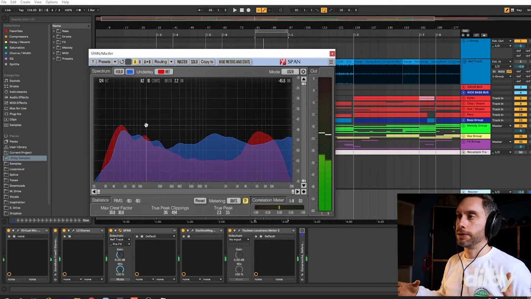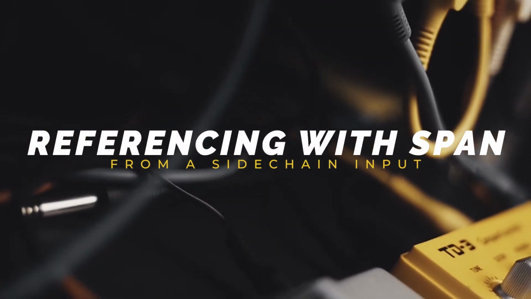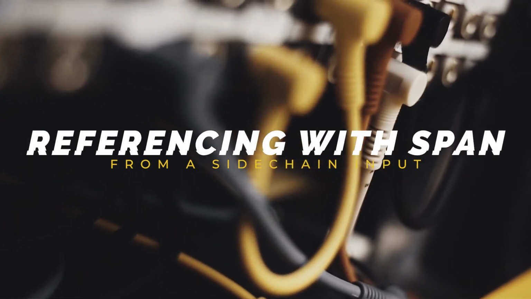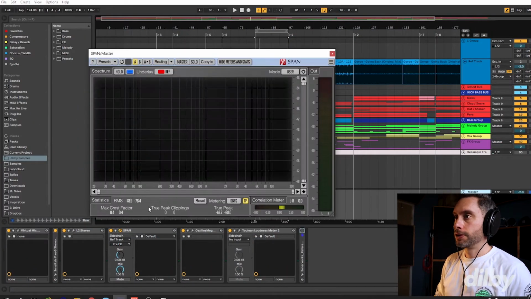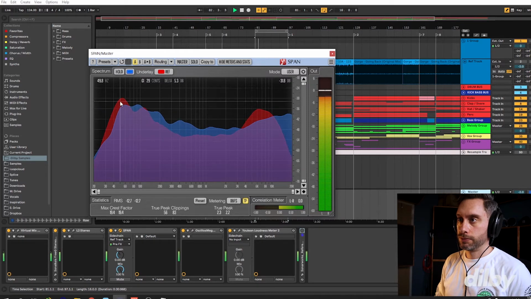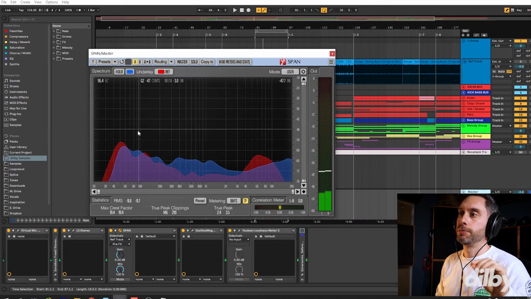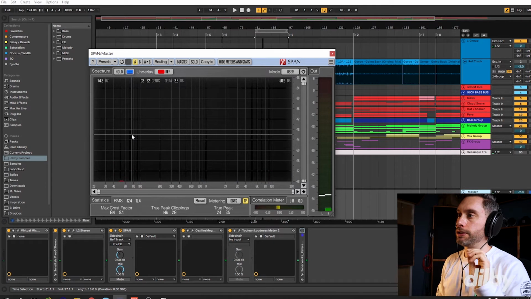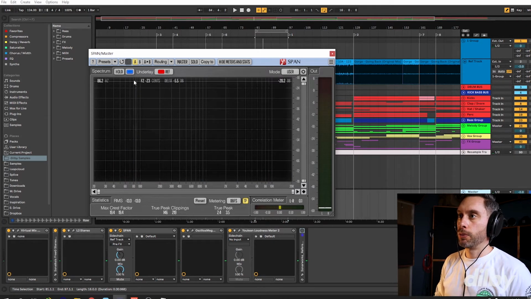Now that's where the magic happens, right? So what can we tell by comparing these? Remember, my track is the blue one, and the red one is the reference track. So what I'm going to do here